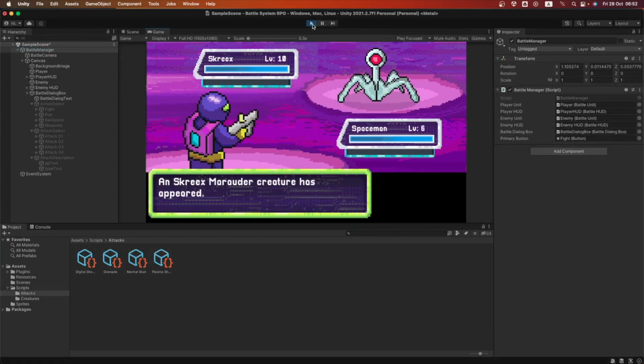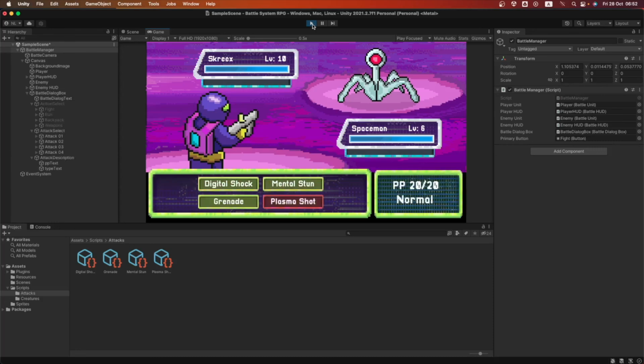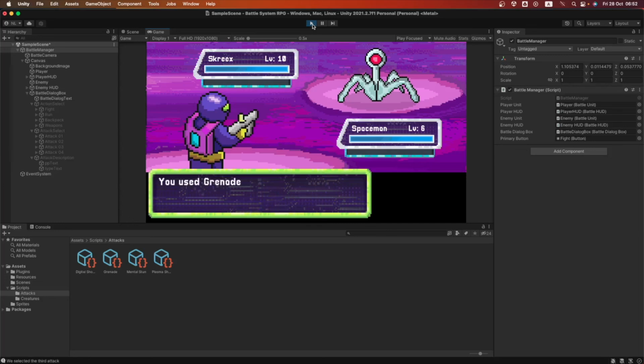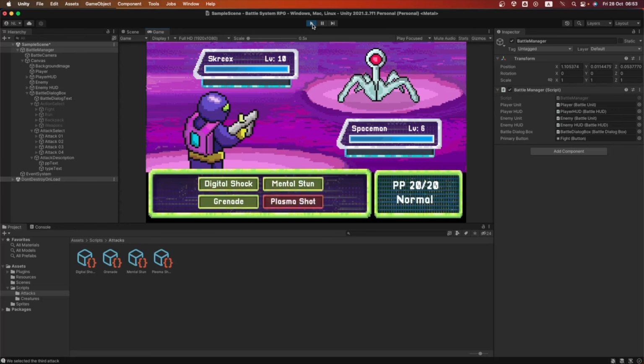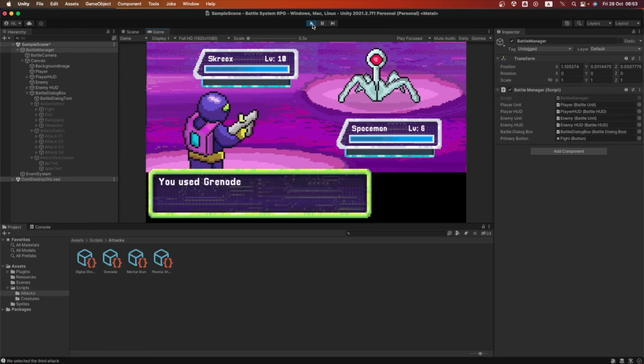Okay, there it is. This is working great. This is selected, but the issue was after the enemy performed its action. So let's perform a grenade. Yes, there it is. Good animations. Let's go back and there it is. Now we have the fight button automatically selected after we come back down from the game loop. Now we have a working game loop. This is taking good form.